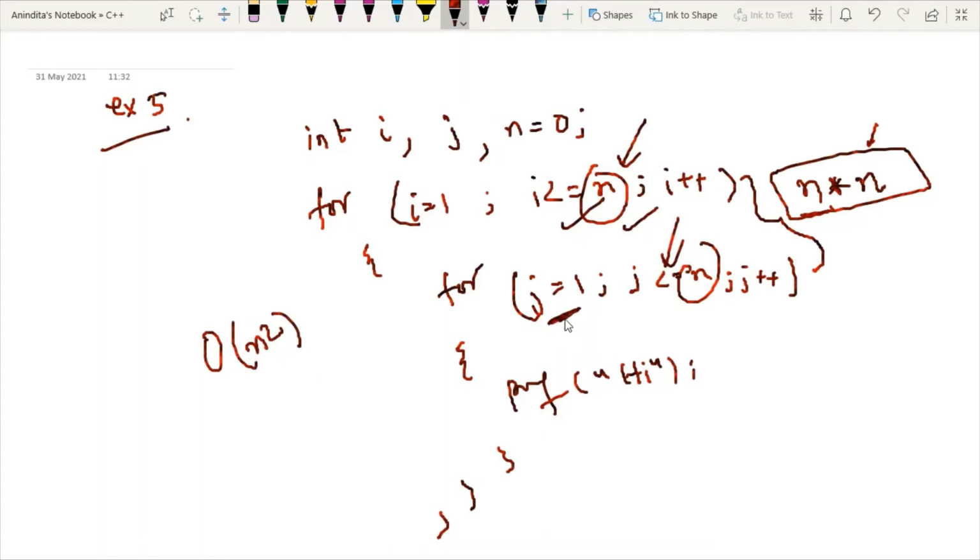However, we have so many assignment operations in this case. I may have some return operations after that, but they are so small and they take a constant amount of time. So we are just ignoring the entire assignment operations and arithmetic and logical operations. In this case, our only concern is how many times our loops are executed. And for the nesting concept, we have to use the multiplication sign. So this is your example 5.